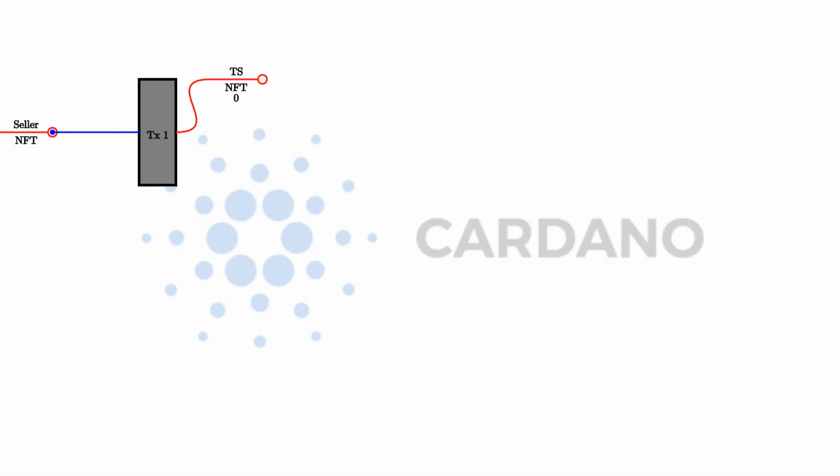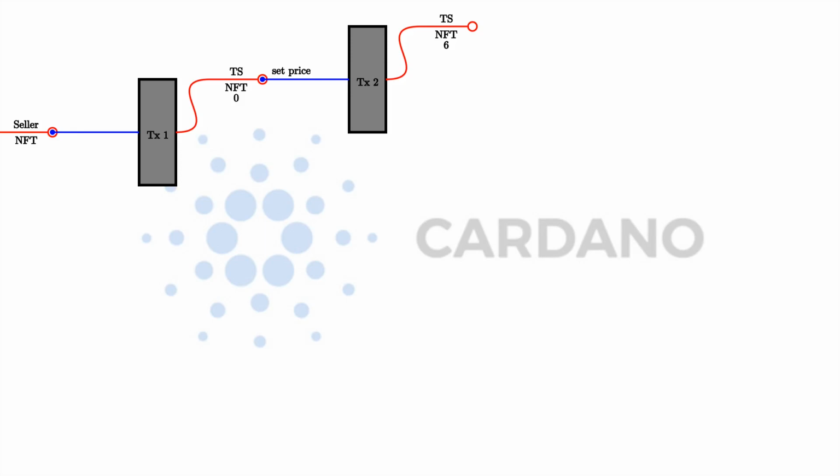There are several operations that the seller can do. One of those is setting the price to a different value, and in order to do that, the seller needs to submit a transaction that has the current UTXO as input and the updated UTXO as output, where the datum has been changed to a different price. So in this example, the seller set the price to 6 ADA per token.